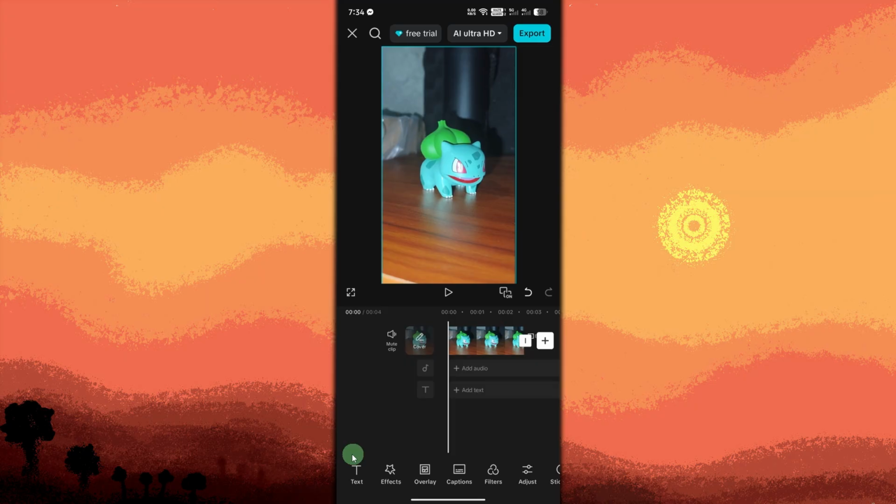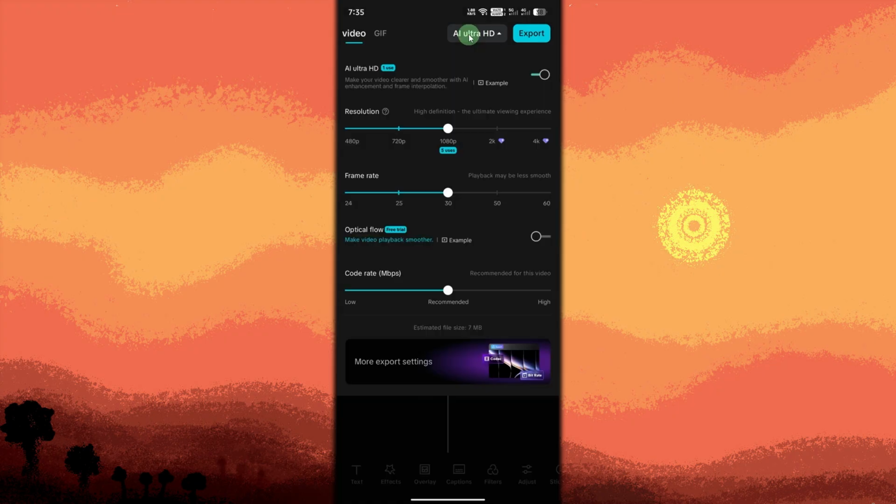Tap the Ultra HD option at the top right corner. Choose your resolution and frame rate. Then tap Export to save your reversed video to your